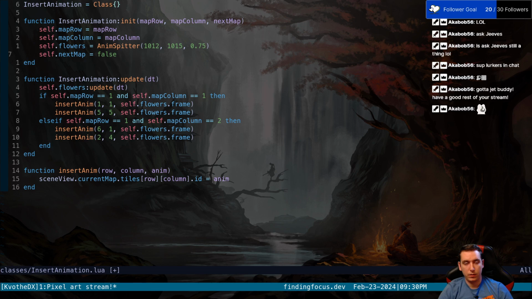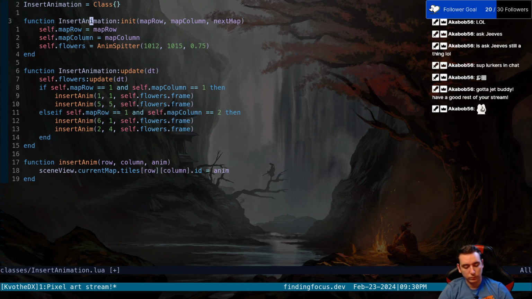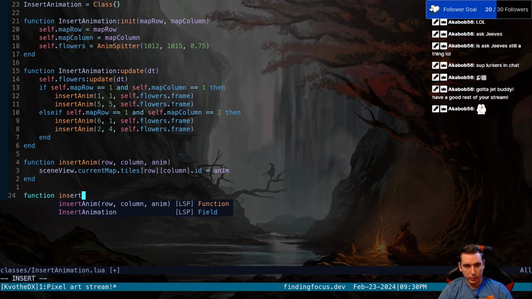No, well, it doesn't make sense to do that. We need to get away from this. We need to get away from only inserting stuff into the current map. Now we could do an insert next animation, which takes in a row and a column and an animation,